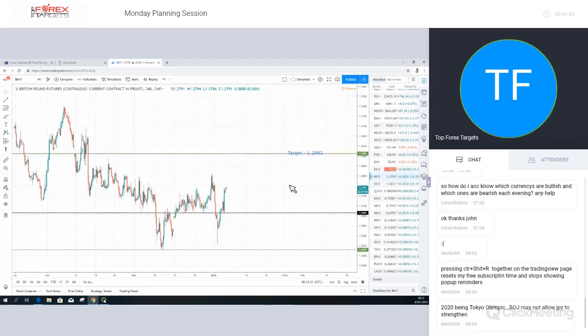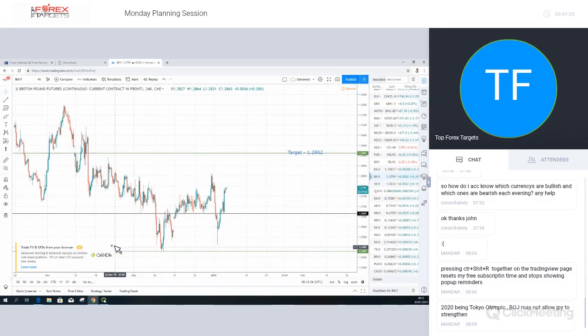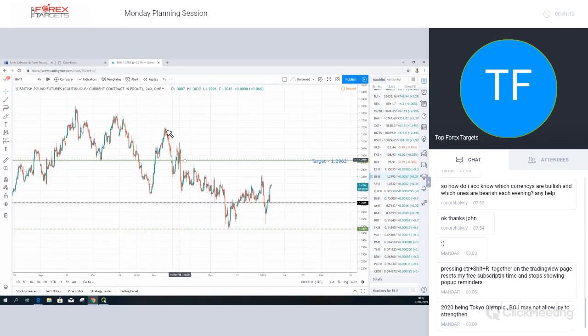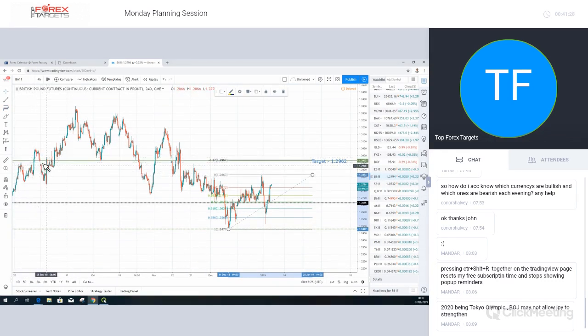In terms of the British pound, you can see we actually go into this week with a bullish bias on the pound, looking to try and capture this potential move up to the 1.2962 in the index. Reason being, again, we discussed this. If you look all the way to the downside, it does look like we have this 1, 2, 3, 4, 5. If we measure these 5 waves from the bottom, you can see that not only is this the previous key area of resistance, which has been tagged multiple times, notably over here on the 3rd of October, it actually sits very nicely with the 0.270 Fibonacci extension as well.